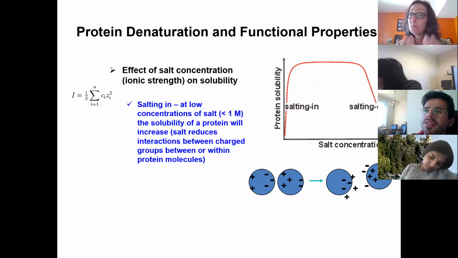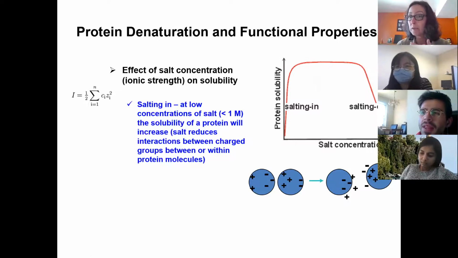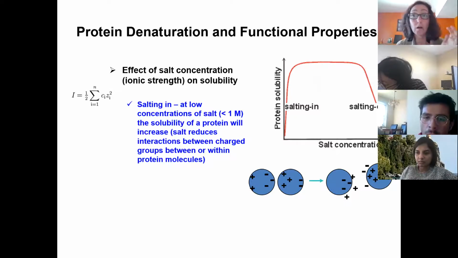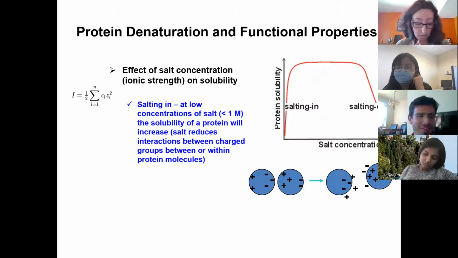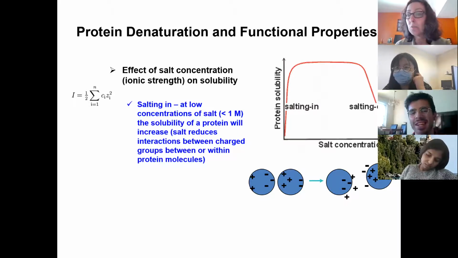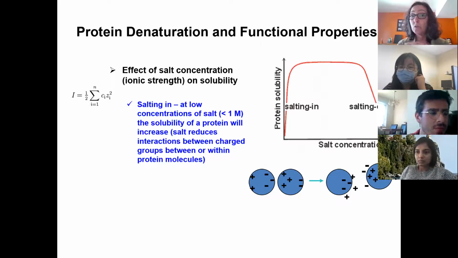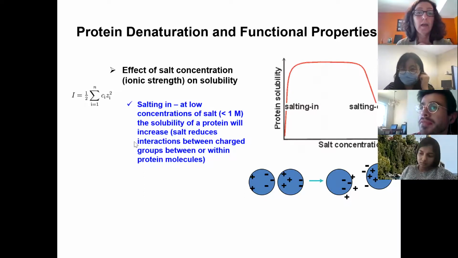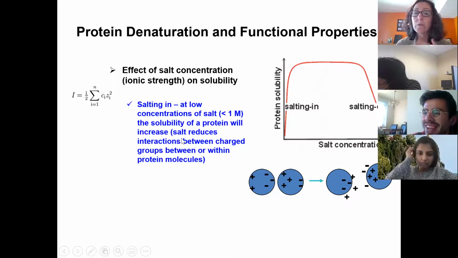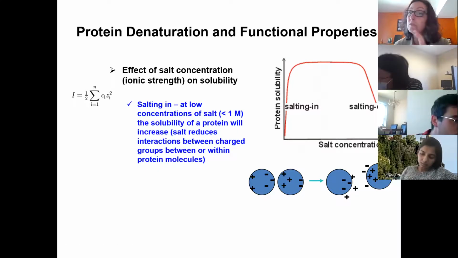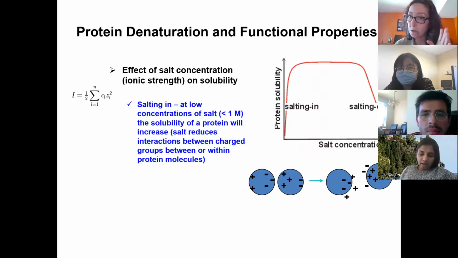Or we do that in protein isolation. When we have a matrix of protein, starch, or fiber, and we want to remove the protein from the other carbohydrate matrix, we add a little bit of salt and we solubilize that protein. So it can be used for different purposes. And here I just put, when we say there is a difference between salt concentration and ionic strength, they both relate to the amount of salt, right? But the ionic strength takes into account the concentration of each ion and the charge of each ion. So this I is the ionic strength.